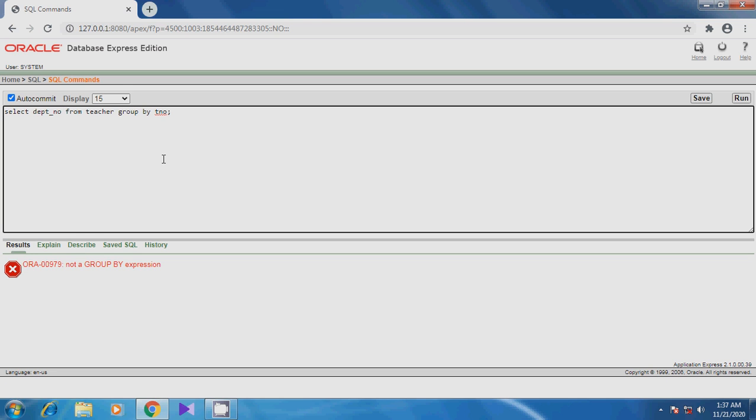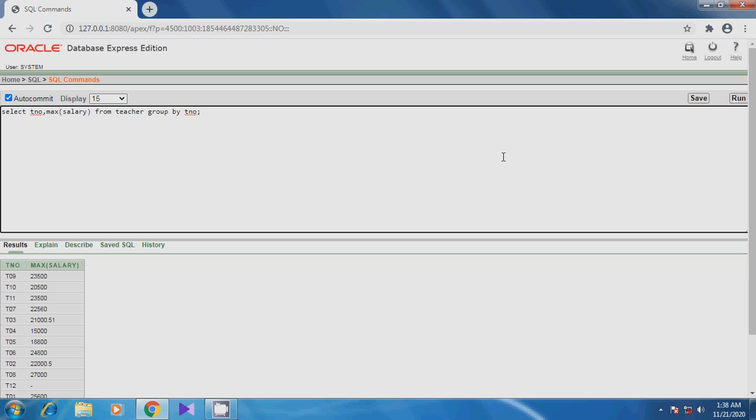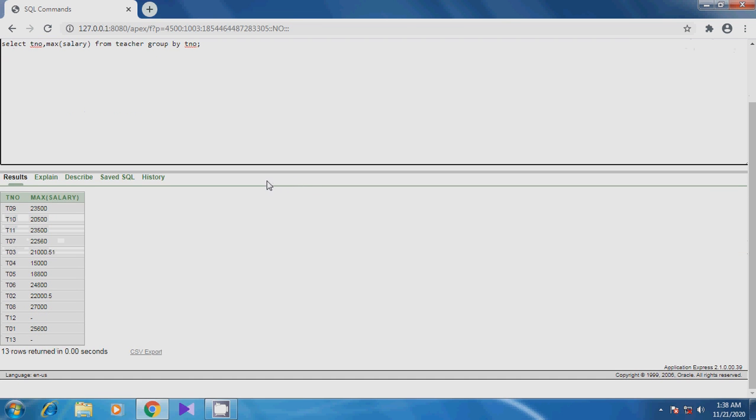Okay, department number, max salary from teacher group by t number. Okay, select t number, max salary. Yeah, so here you can see that it's displaying the teacher number and max salary